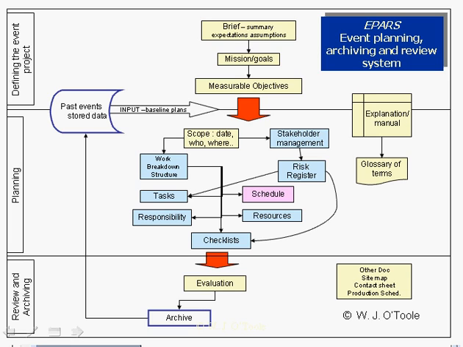Although event managers call it a variety of names and often do not understand that there's an underlying system to all their work. In this there are three phases. We have defining the event project, the planning, and the review and archiving. Note that we are beyond the phase of coming up with the idea or conceptualizing the event. However, part of this system may be used to establish the feasibility of the event, as the management of the event is part of the feasibility.